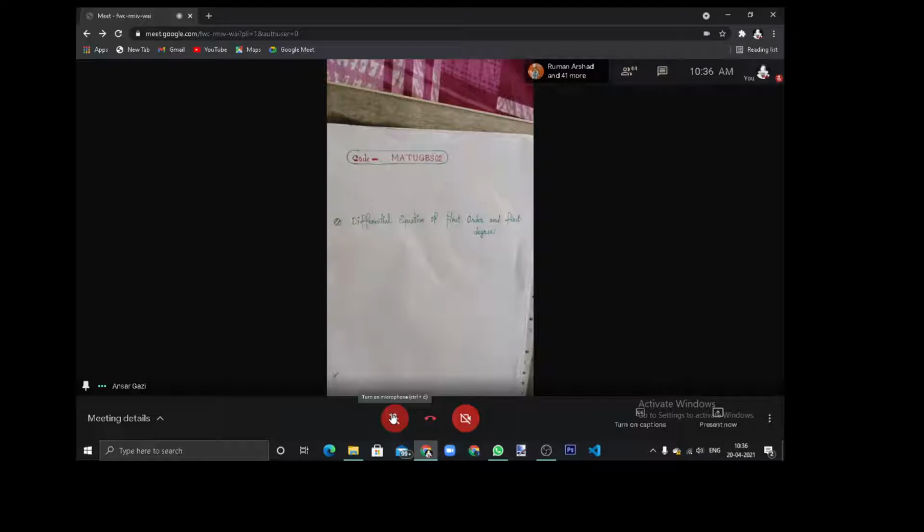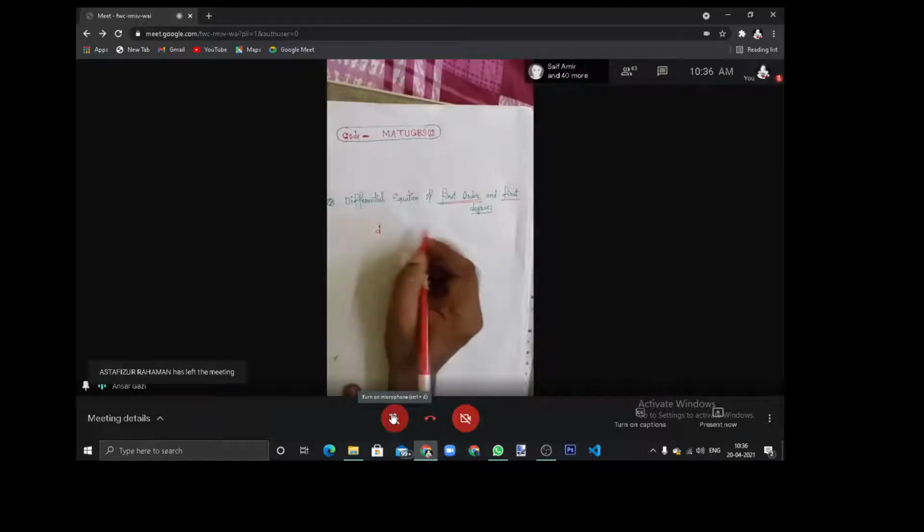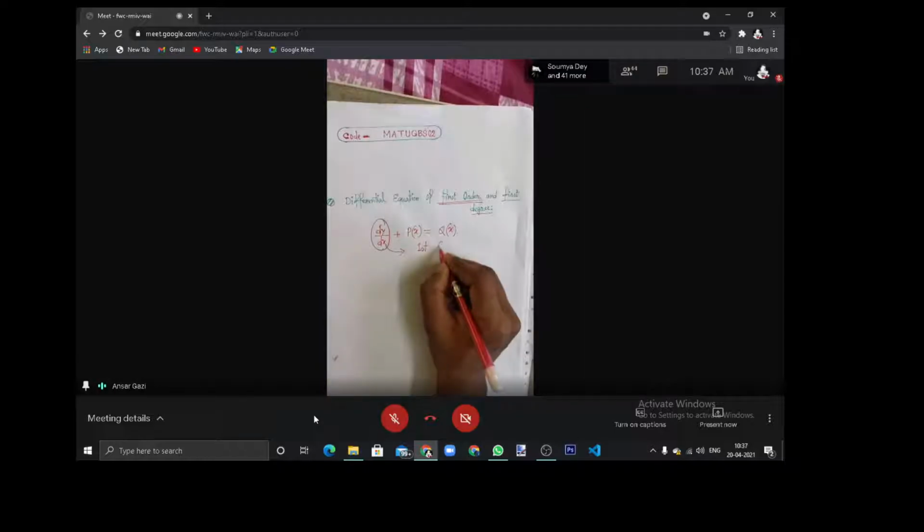So any differential equation of the form, suppose, all of you know in class 12, dy/dx plus something in x equal to something in x. When dy/dx is present only, then we can say that this is a first order differential equation. And the power of dy/dx, which is called degree, is also 1. This is first order, and the degree of that equation is also 1.